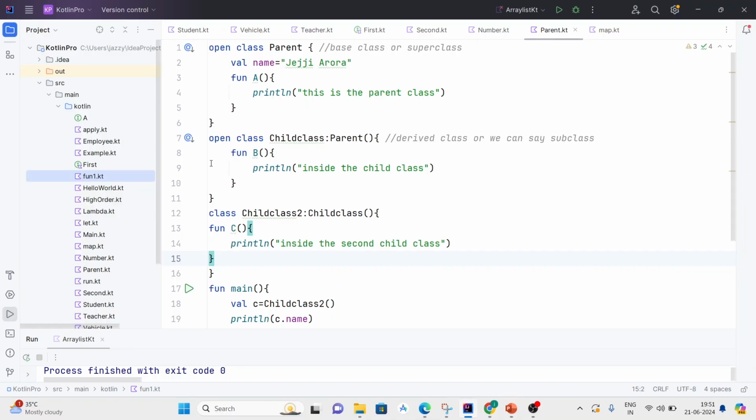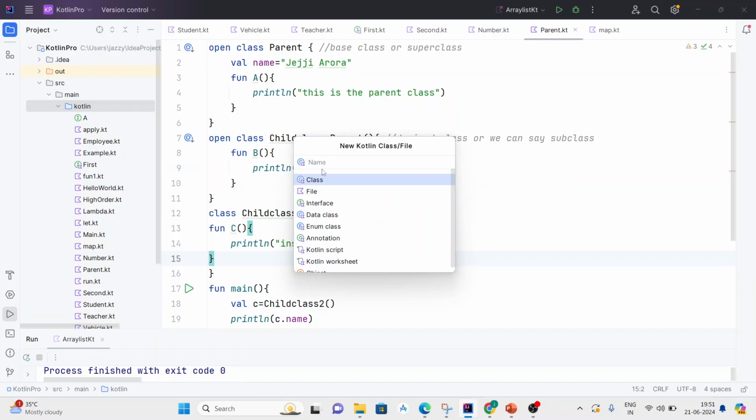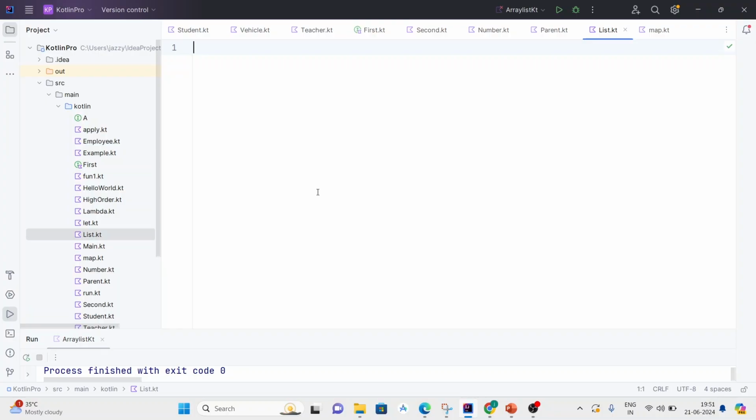Let's create one list. Open the IntelliJ IDEA, click New, and create one Kotlin file. I will name it as list Kotlin file. Press enter. Inside it, create one main function, fun main,